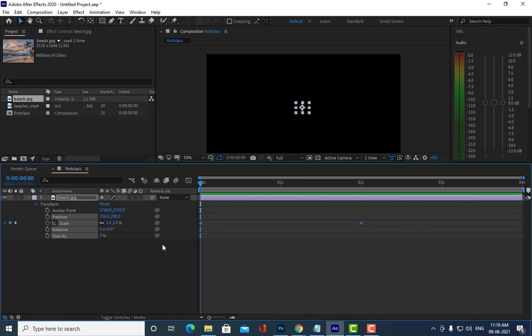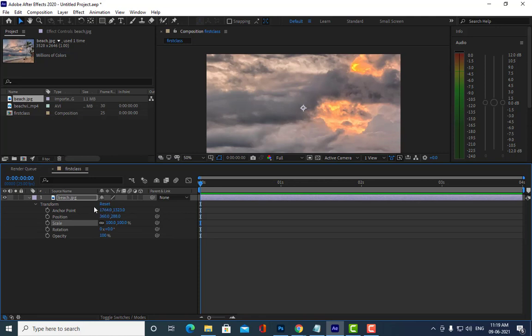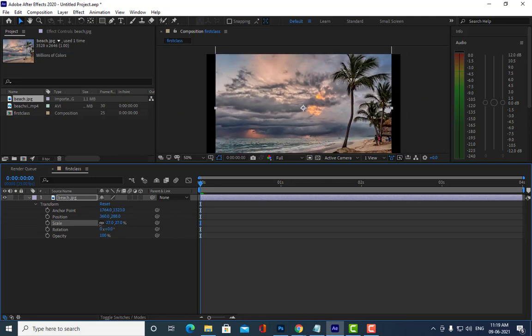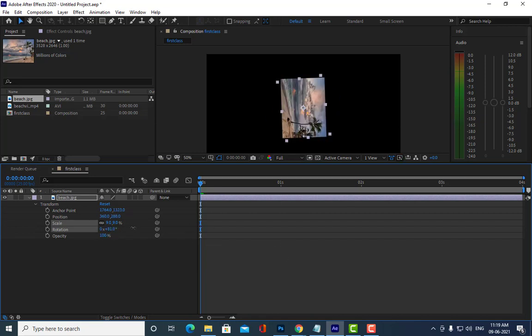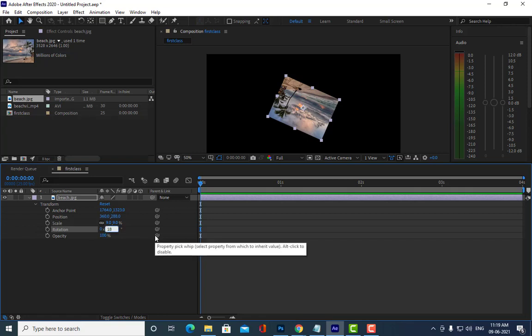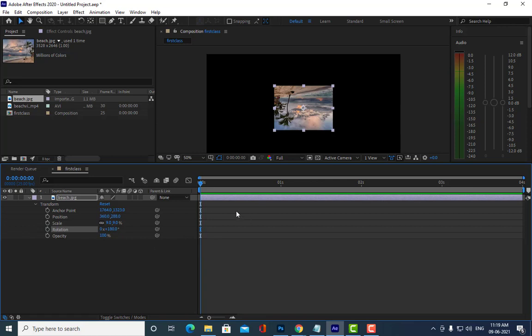See there, the position and scale. We have animated position and scale, and just reset everything. Just click on the reset value so that you can animate other things such as rotation also. Can you see the rotation? Yes, sir. So you can actually put an exact value here. If you type 180, what happens? It is just like that, and you can click a stopwatch for this.